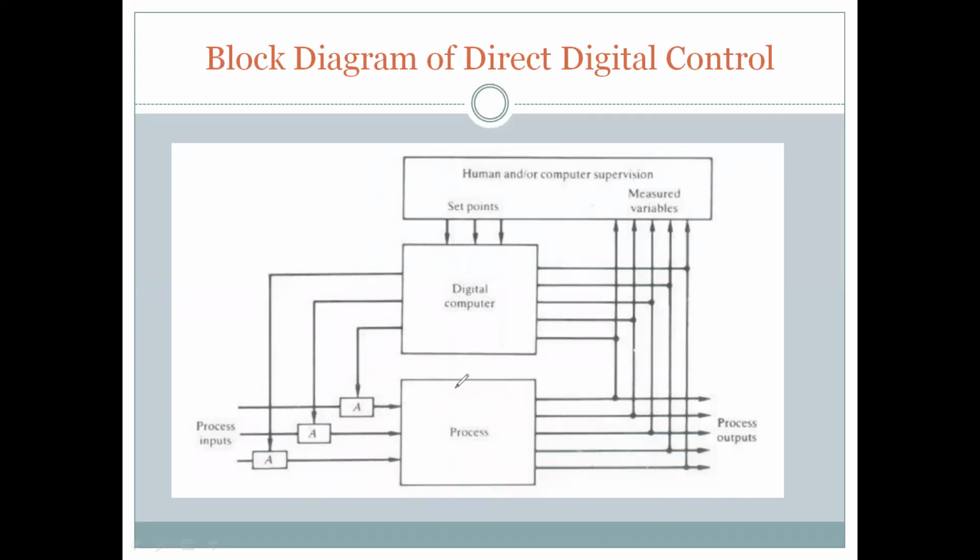See, this is the real-time process, and the output of the process is given back to the process by feedback. So in a feedback loop, you will have a digital computer. Several control loops, see, this is one loop, this is one loop, this is one loop. Many loops are handled by a single computer, which means the system will be highly reliable